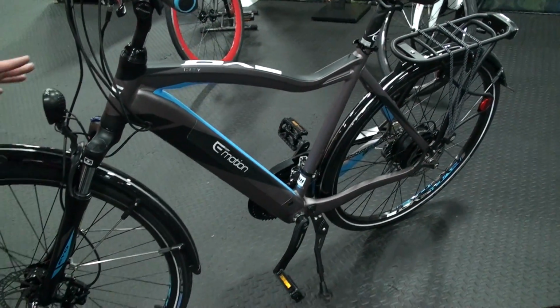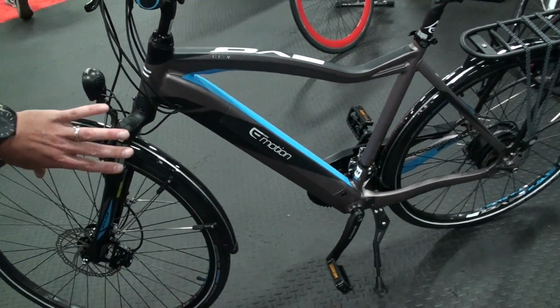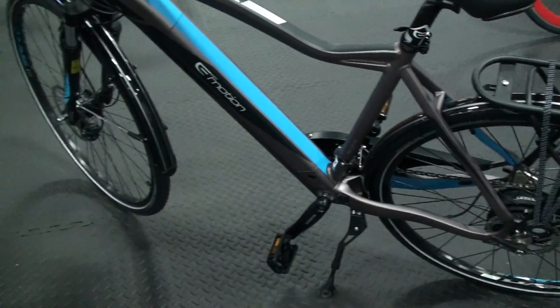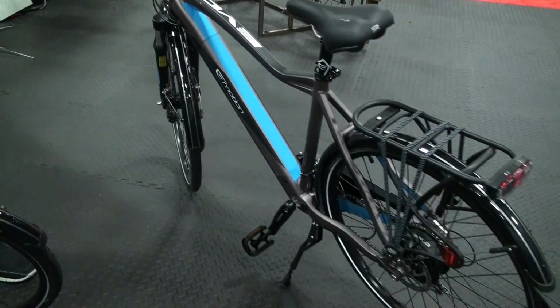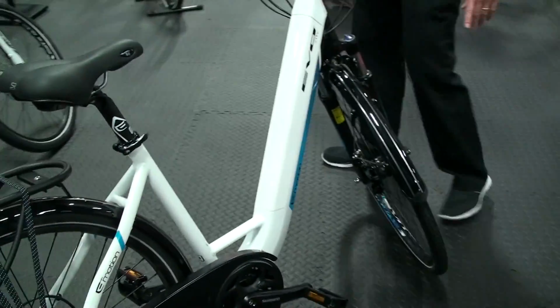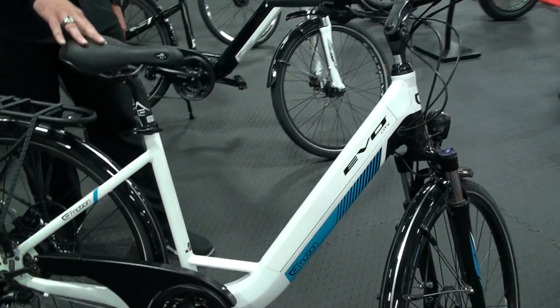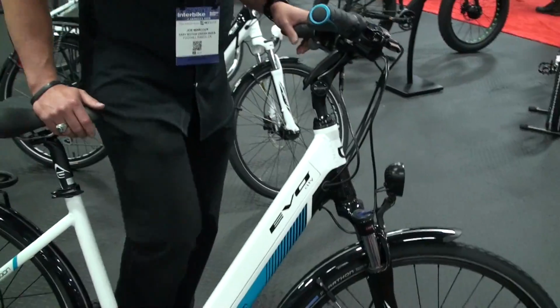And what's interesting is now you've got a large frame on the Evo City, 22-inch frame, 700C, but now you've got the blue accents that make it pop on the floor, and consumers love the way this looks. The shorter Evo City Wave comes in at one frame size that we're bringing it in, the medium frame size. But again, what a great step-through bike. So easy to get on